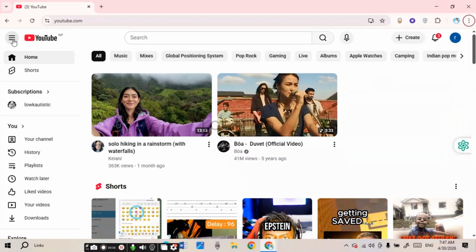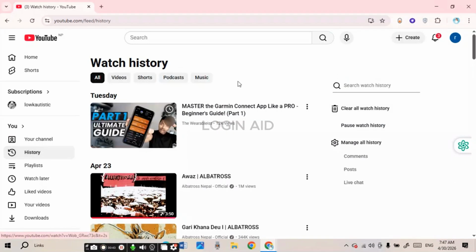If you do not see the option, simply click on the three lines. After you do that, what you have to do is find this option for history and click on it. Now after that, you'll be able to access your watch history over here. If you want to pause the watch history, what you have to do is click on this option, pause watch